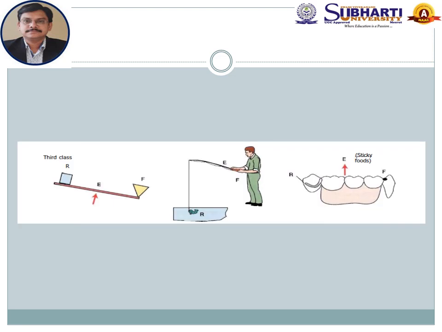This is actually an example of a class 3 lever. A lever of third class is considered to be the safest type of lever intraorally. Safest means that more force is required to magnify the force at the resistance level. So how it is different from class 1 and class 2 lever is that here, just like in class 2, the fulcrum is at the end, but in the middle is the effort.